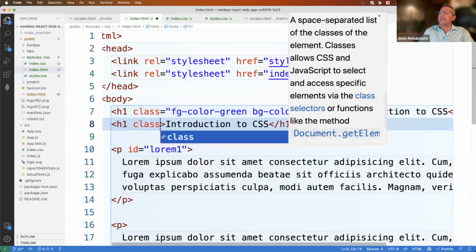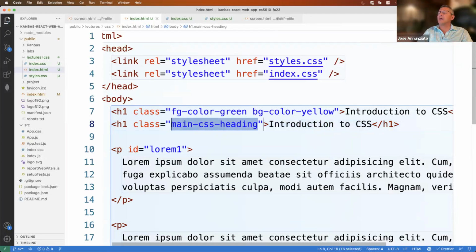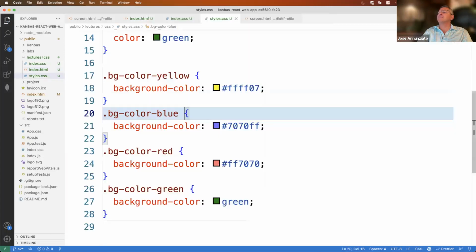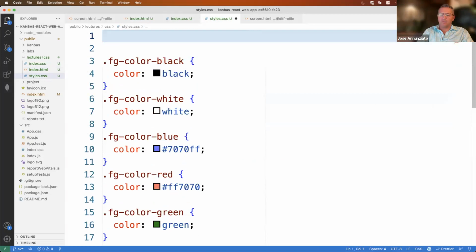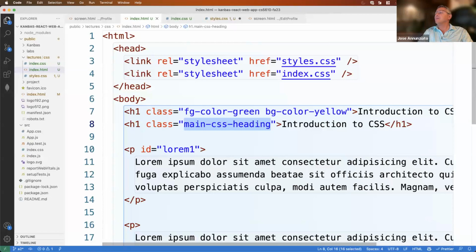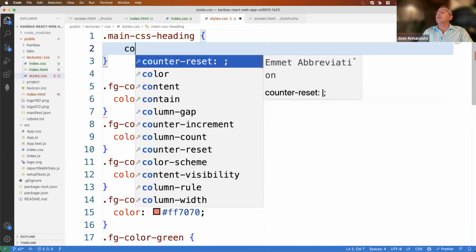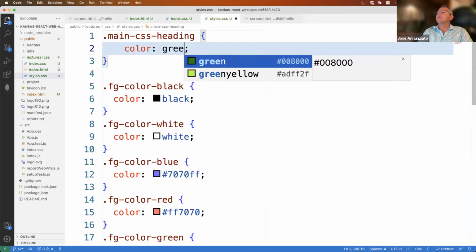Instead, name this for what the role of this content is. This is a heading, so give it a name, main CSS heading. That's a meaningful name of what the role of this content is. It's the main heading. And then go in your CSS files, and when you declare your CSS, it says, what color did you want? You want it to be green on yellow? Well, then do that here. The color is green,